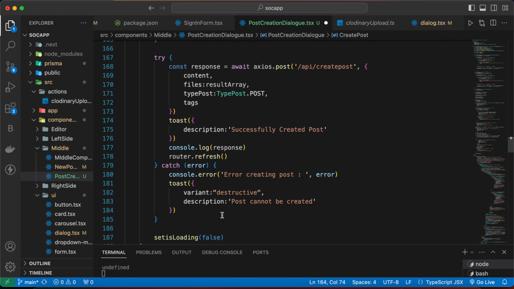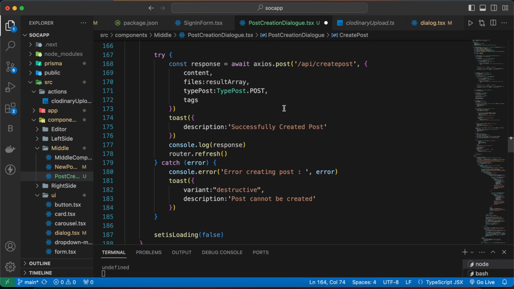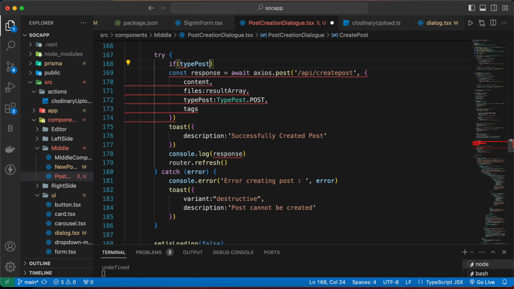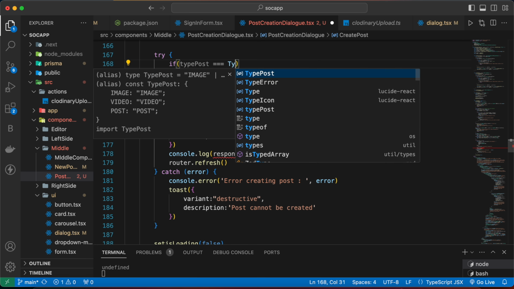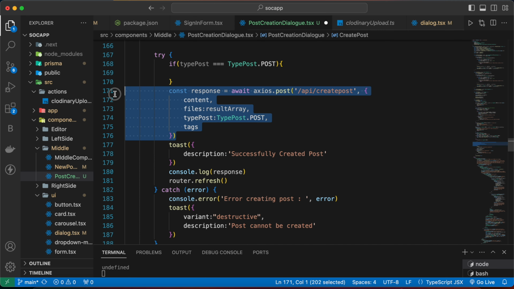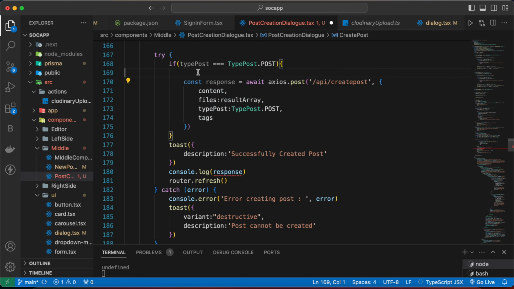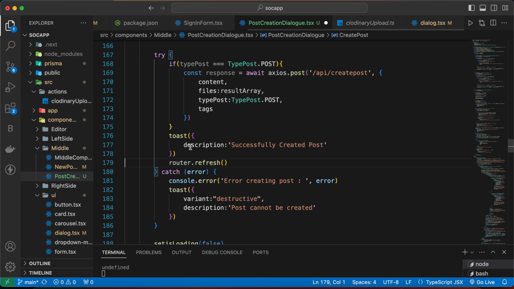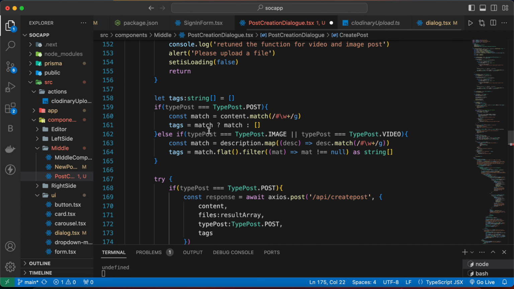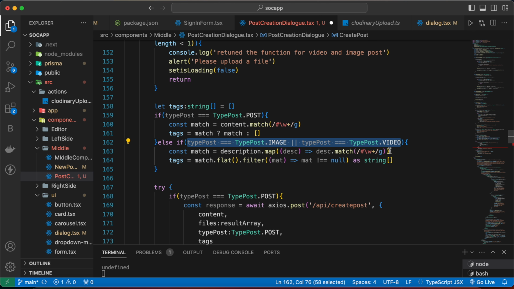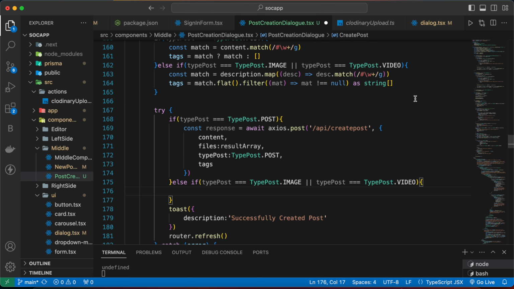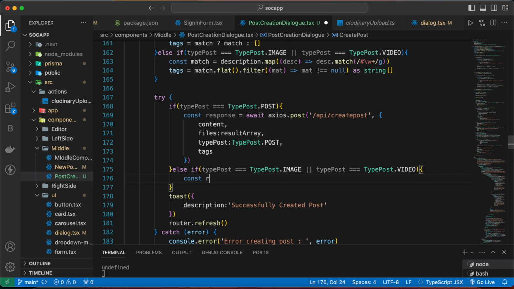and after that we are going to work on our try and catch block. Now in the try and catch block, we are going to add this condition: if type post is equal to type post dot post, then we are going to have this response, and we can remove this, and else if the type post is equal to these two, we are going to have a different response here. So we can write const response